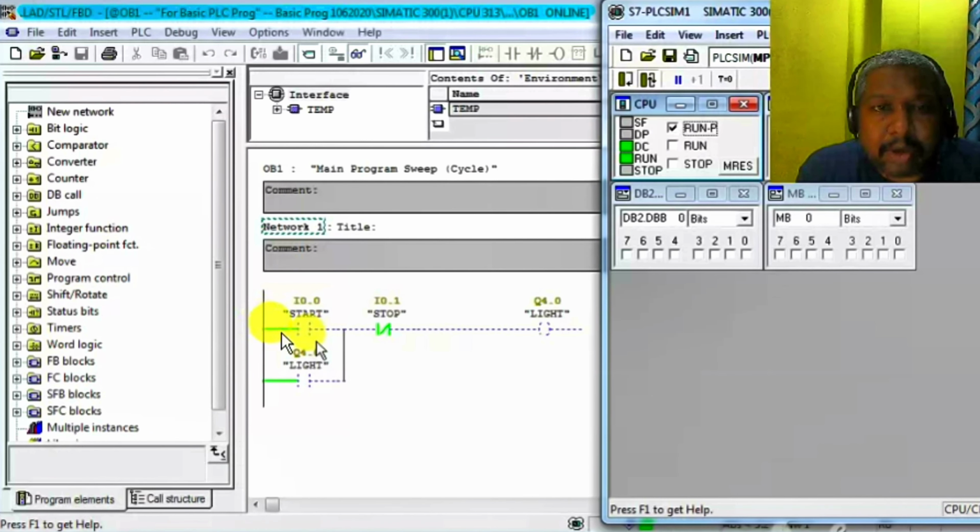Look at the power supply, that is green, come up to start, and this is NC. Look at guys, this is the NO contact, normally open contact, and the normally closed contact. Normally closed contact means the power supply is present, and normally open contact means the power supply is not present. This is the coil, when on or off.